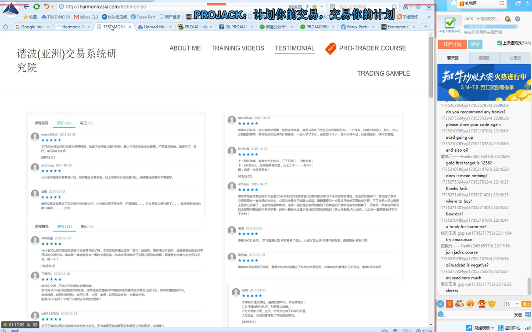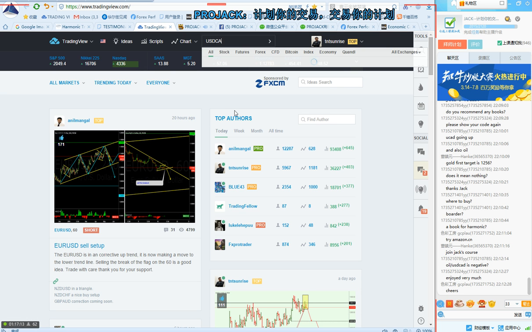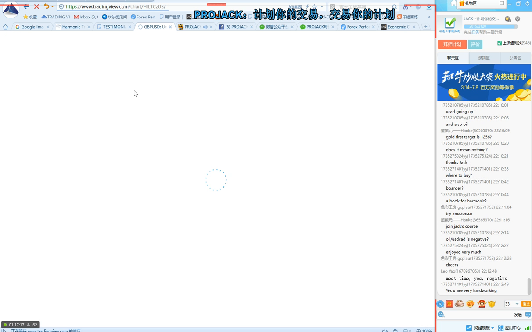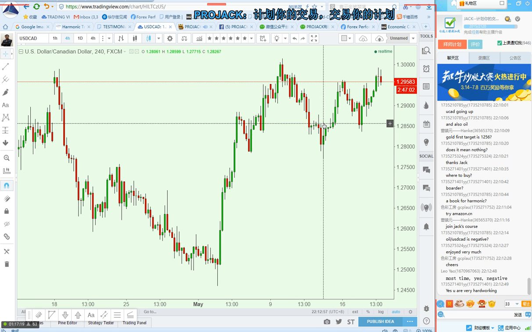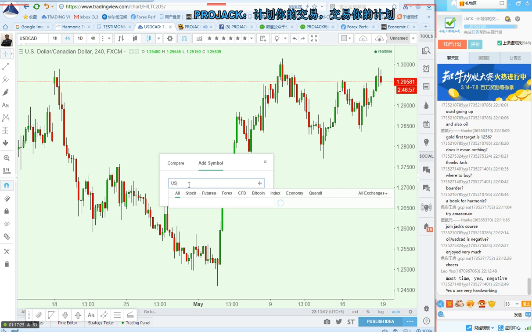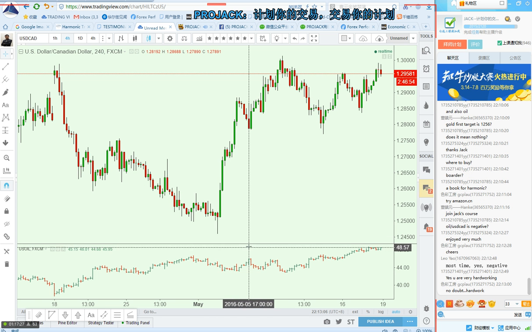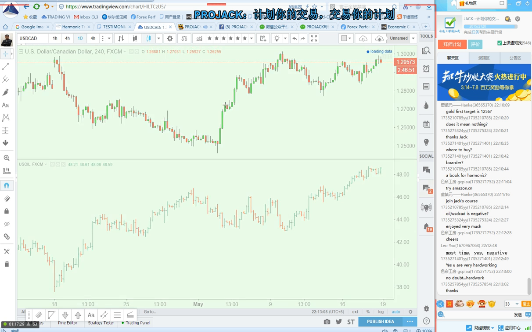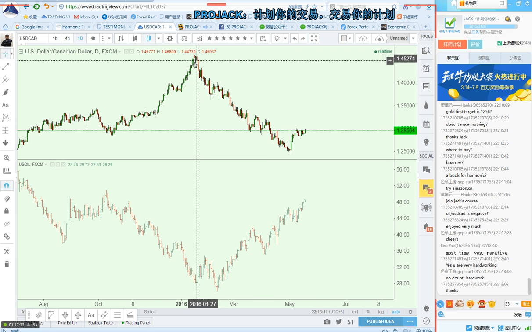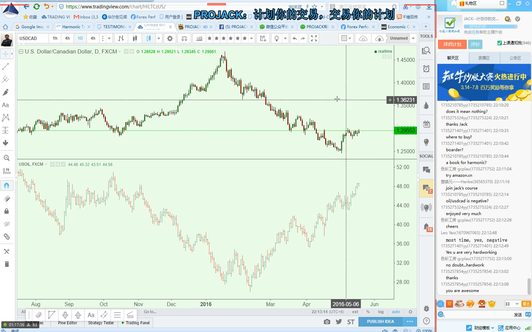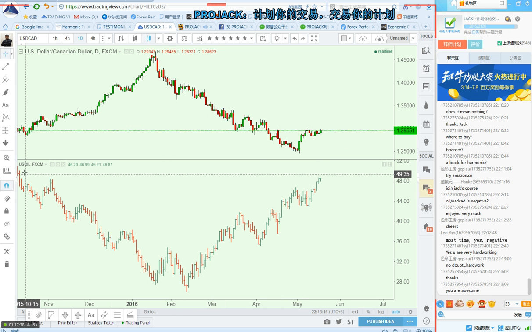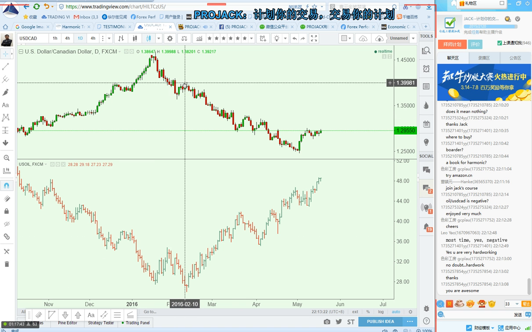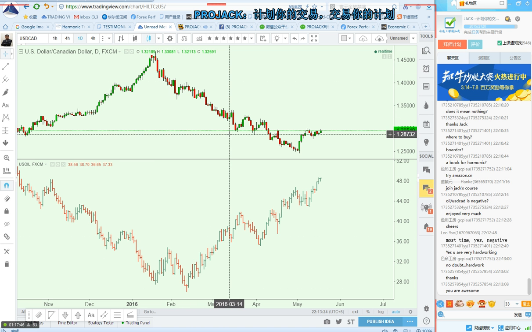Is oil negative with USD CAD? No, because in USD CAD the US dollar is in front. Normally when dollar CAD goes up it means Canada is weak, which means oil is going down. By doing this comparison you can easily compare the move of oil and dollar CAD. It looks like it is reverse correlated, but actually the Canadian dollar is positively correlated to oil. Oil goes up, CAD will go strong. CAD goes strong means dollar CAD goes down.